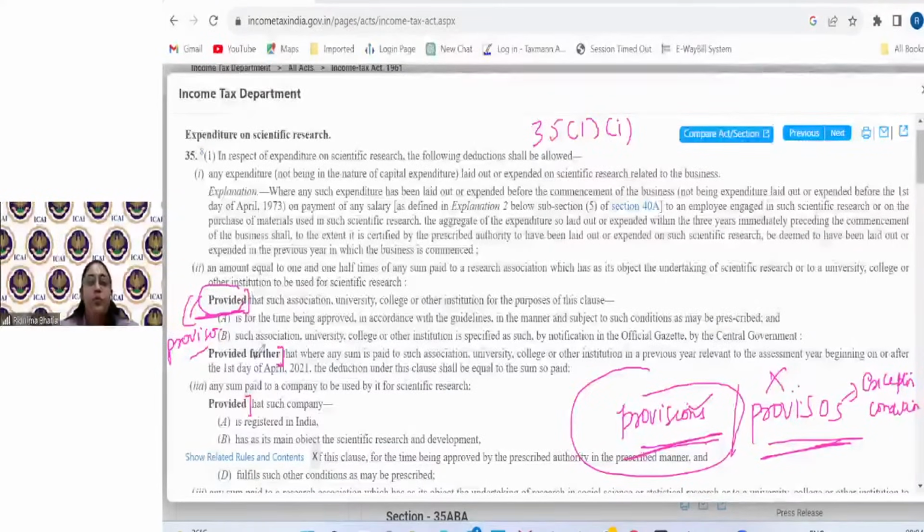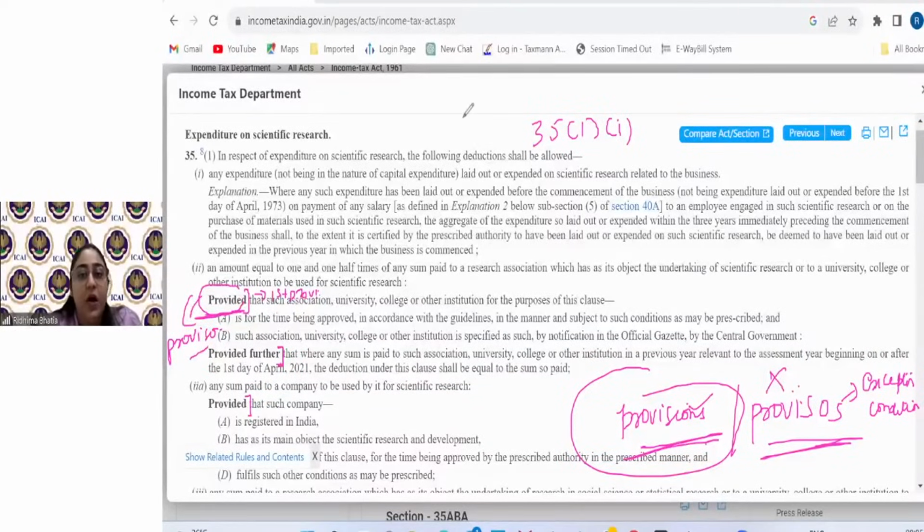अब provided and provided further में क्या मतलब है मैम? What is provided and what is provided further? Provided is first, पहले जब provided लिखा होगा it would be first proviso. जब provided further लिखा होगा it means it is a second proviso. मतलब पहली condition and दूसरी condition. Provided, only word provided is there, it is first proviso. Provided further मतलब second proviso. हमेशा provided further से पहले there would be word provided. So पहली condition, second condition.